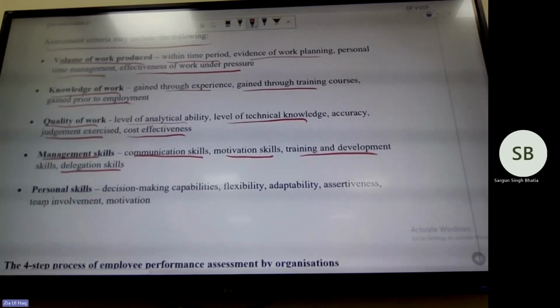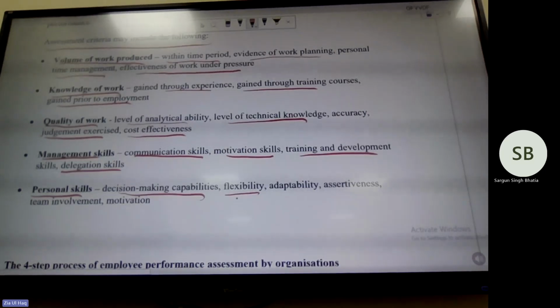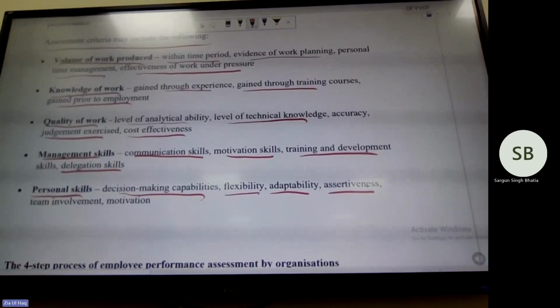And you need to check personal skills. Personal skills mean his decision-making capability, flexibility, meaning in case of need whether he switches from one task to another or not, adaptability, whether he adopts new things or not, assertiveness, meaning making bold decisions in time of emergency, team involvement, meaning involving a team in the work and motivating